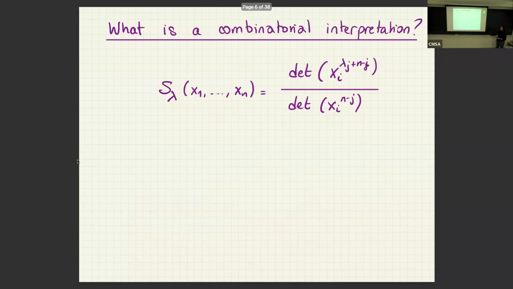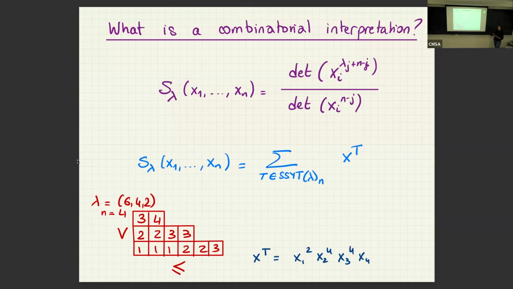As not all of us here are combinatorialists, let me tell you what I mean by a combinatorial interpretation. The Schur basis that I just stated right before, there are many ways to define this basis. For example, I can define this as a ratio of two determinants, n by n, because my partition lambda has at most n parts. But what I call a combinatorial interpretation is something very concrete: I can write this polynomial as a sum over combinatorial objects, and then I give a weight to each combinatorial object.